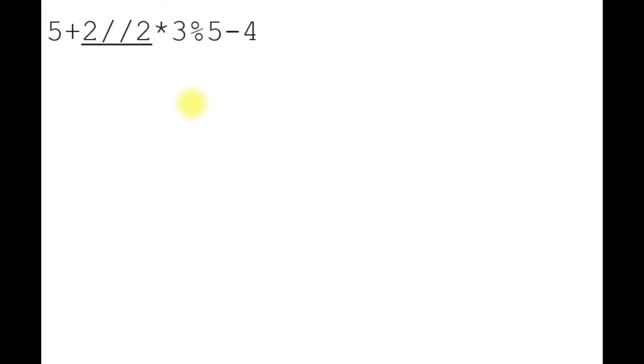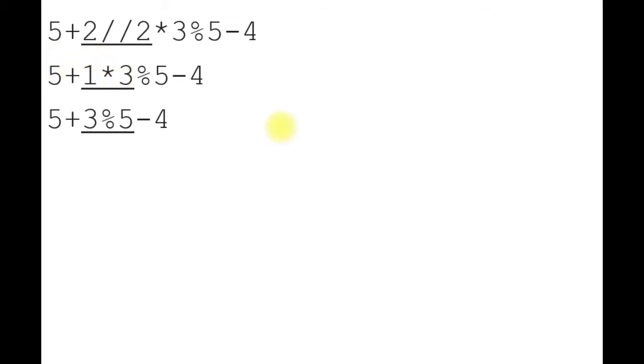So meron tayong integer division dito kasi nga po dalawang slash yung nakikita natin. So 2 divided by 2 pag integer division, siya ay 1. So 2 divided by 2 is equal to 1. Next is multiplied by 3. So bakit multiplication yung susunod? Kasi same level siya with division and modulo. So 1 times 3 is equal to